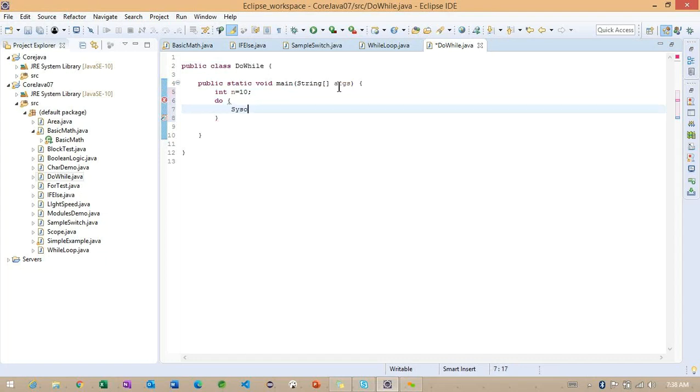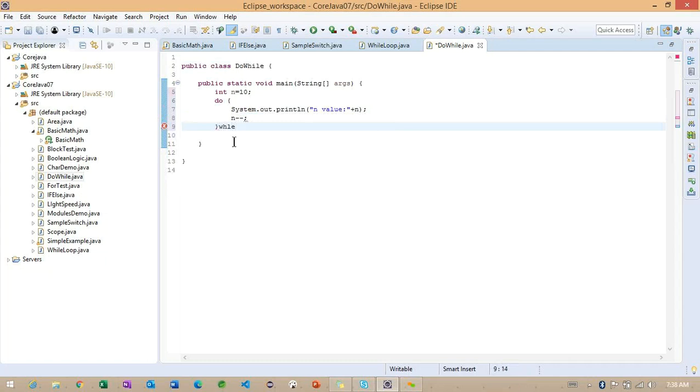Using this particular do, I'm giving an option to iterate one time. After iterating one time, we make the condition. First the do is going to execute, and here we are going to print the n value. Later, I'm trying to reduce this n value.